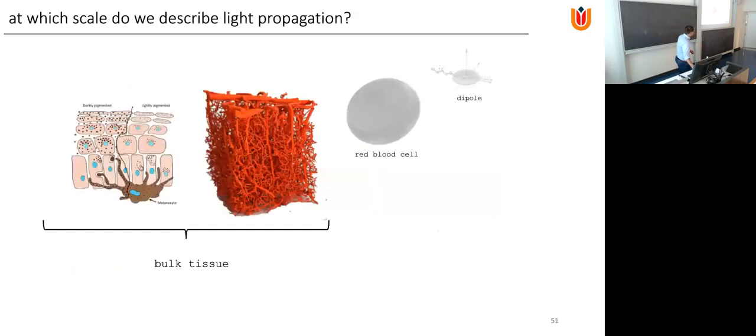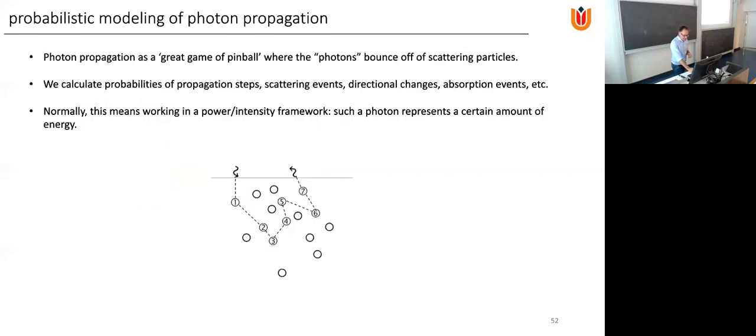Okay. So this whole idea of repeating an experiment a larger number of times, we will use that in order to estimate some properties of the tissue. So what is the idea of the Monte Carlo simulation? It's kind of a game of pinball, where you have photons, visualized somewhat as marbles, that bounce around the tissue. They bounce around between scattering particles or scattering sites in the tissue. They take random paths